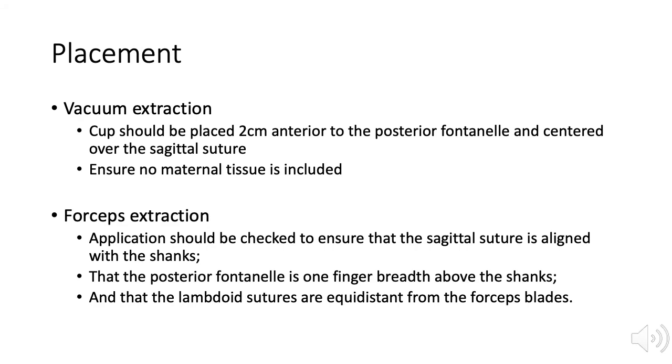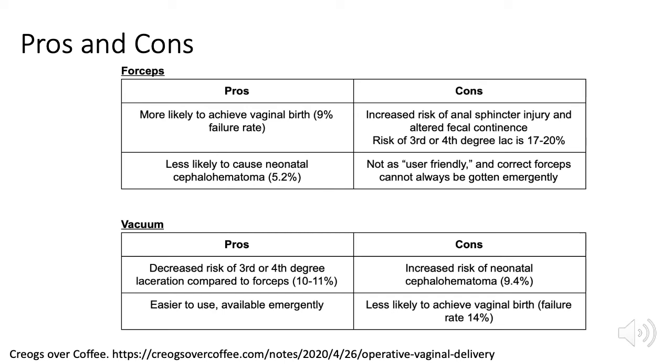Another highly tested topic are the pros and cons of forceps and vacuum deliveries. For forceps, the main advantage is that it's the most likely instrument to achieve a vaginal delivery and least likely to cause a neonatal cephalohematoma. The major drawbacks of this technique are that there's an increased risk of anal sphincter injury and altered fecal continence, and also they're not as user-friendly. So again, harder to call for in an emergency, more dependent on provider expertise and facility